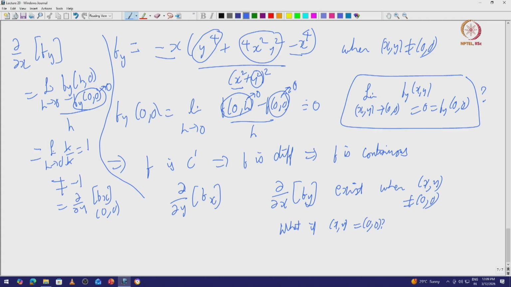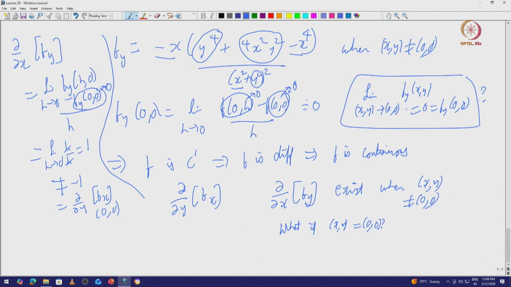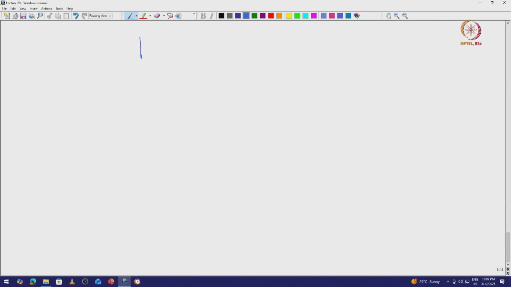But now let's return back to why this is C1. Why are these claims true, right? I'll do one of them and I'll leave the other one as an exercise for you to do. Okay, please think about it. This would require some thought from your side. So for example, let me do the one for, let's say, fy, right? Limit as (x,y) goes to (0,0) of fy, which is what is this? What is fy equal to? Let me write this once again. So it's